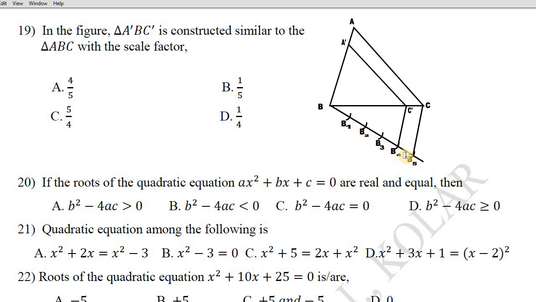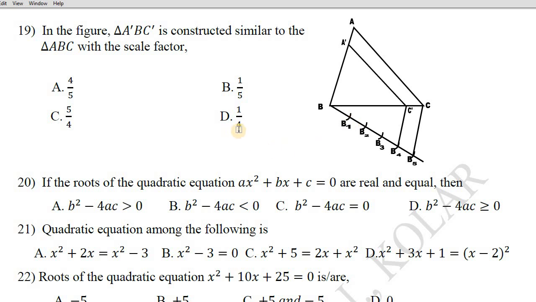See, after constructing the 5 arcs on the line BX, we will join B5 to C, isn't it? Therefore, in our scale factor, that means in the given ratio, there should be 5. So in option A and option B, 5 is present. Yes, I agree. Next, on which other line did they construct a point? They constructed on B4. Hence, the numerator should be 4, not 1. If they had constructed at B1, the numerator would be 1. Hence, in this case, option B goes wrong.